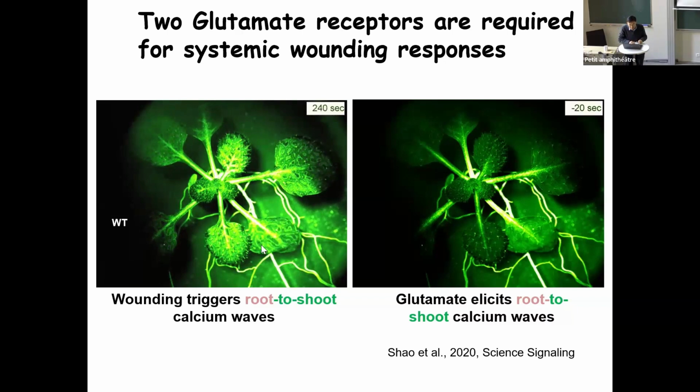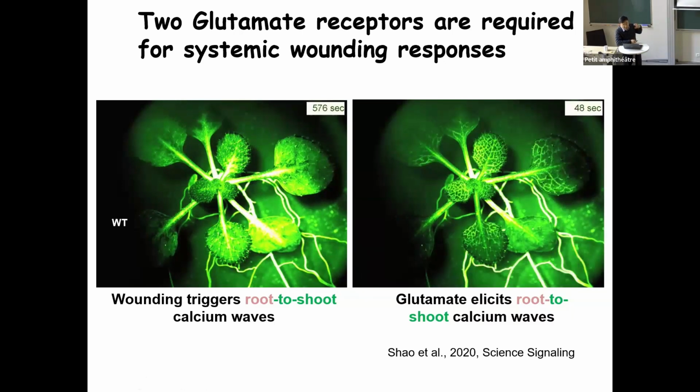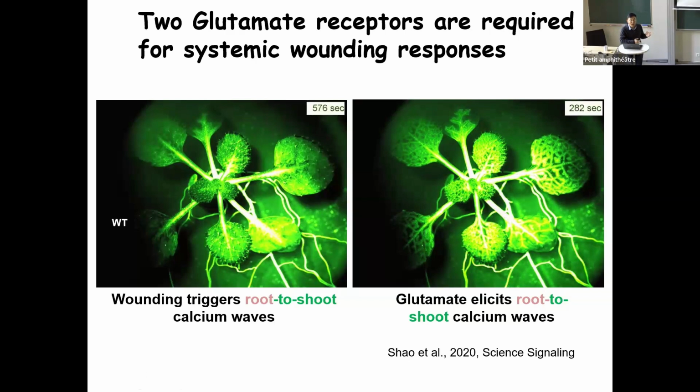So if you look at it, we can also use glutamate to elicit this process. At the wounding site, you can actually apply some glutamate. Then it also mimics the wounding response. So we, of course, also reported that both glutamate receptors from plant are also glutamate-gated calcium channels, and that are desensitized by calmodulin. Again, it's an auto-regulatory process, right?